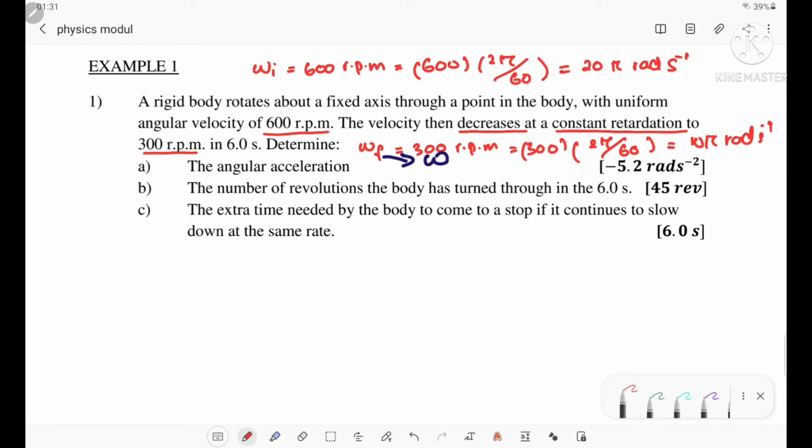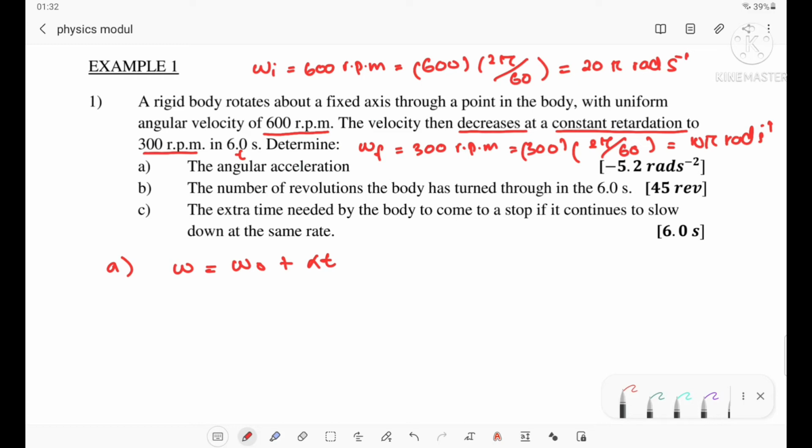Okay, what we have here is t, 6 seconds. So let's do the first question. A: calculate or determine the angular acceleration. For the angular acceleration, you need to use the equation omega is equal to omega naught plus alpha t, and then substitute the values for omega and omega naught